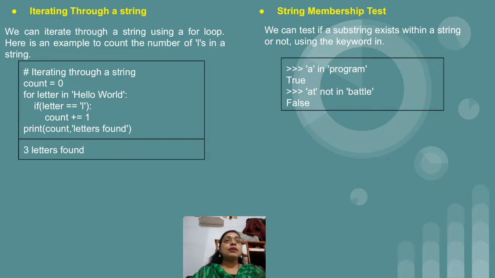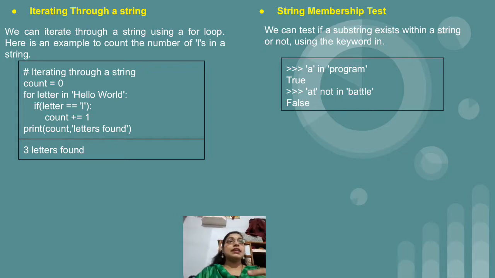So in the first example, we have taken 'a' as a character and we wanted to check whether that particular character is present in our string 'program' or not. So for that I have written the statement within single quotes 'a', then the in keyword or in operator, and then write down the string in which you want to search the specific character. So in our case we are searching 'a' in 'program'. Definitely in the program string we have the character a. So the output displayed by this operator is True. So we will get a boolean answer only, that is, True or False.